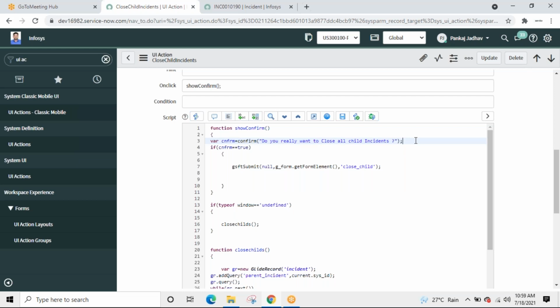Confirm is a dialog window in JavaScript that asks for yes or no. If we click on yes, it returns true to this variable, otherwise it returns false if we click on no. If the user has pressed yes, this will contain true. Does it contain true? Yes, then execute this.